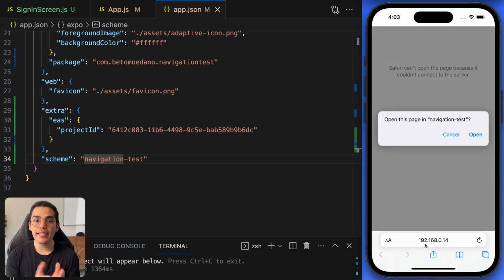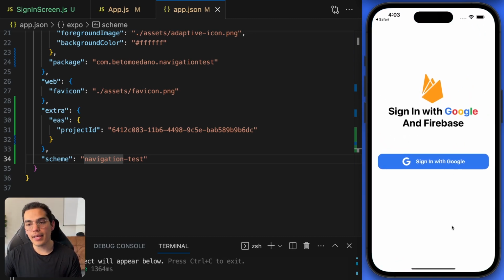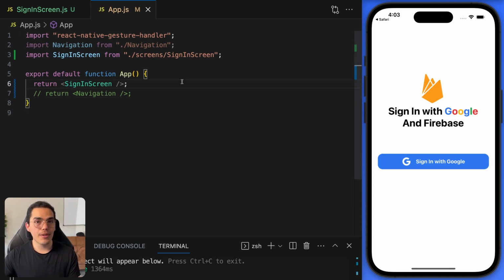And this is going to ask us to open navigation test, which means that the deep link navigation is working. Now, whenever we try to open this, it's going to open the application, okay? So this is a cool way to test that the scheme is working. Okay, now we can close this, and now we know that this is working, so we can start applying